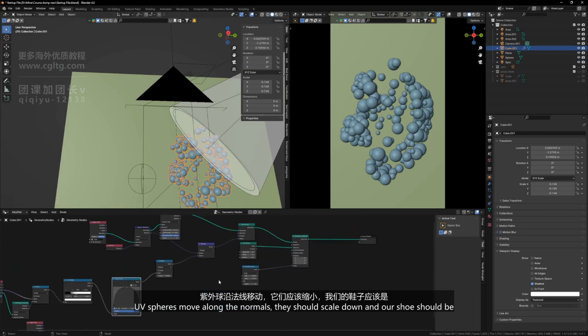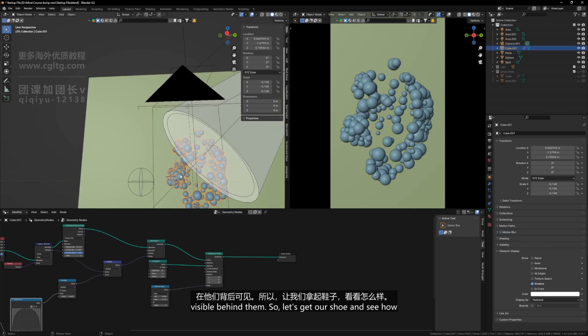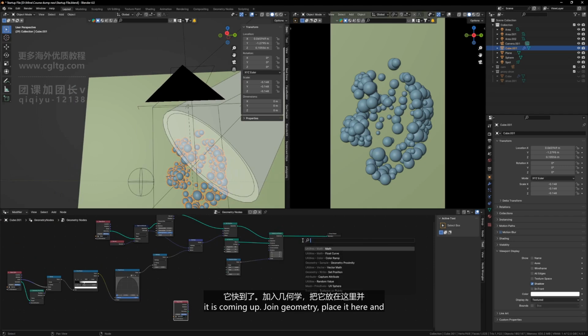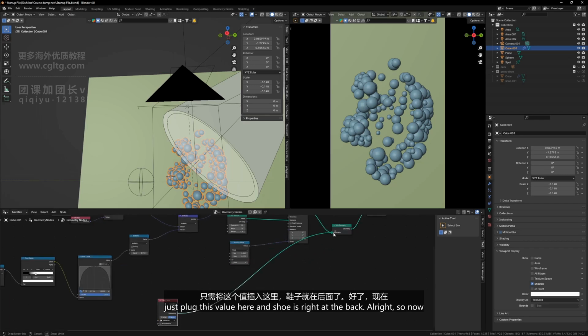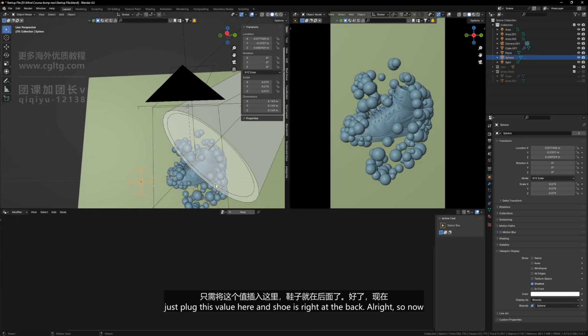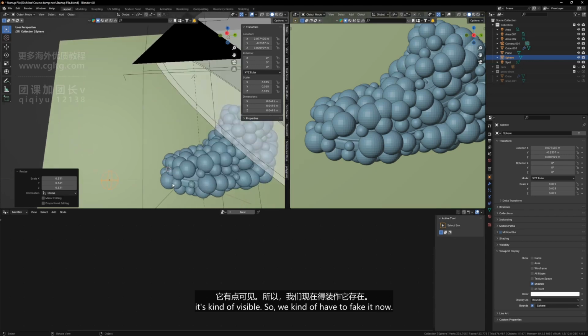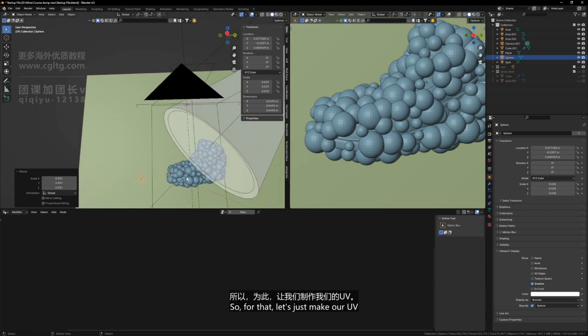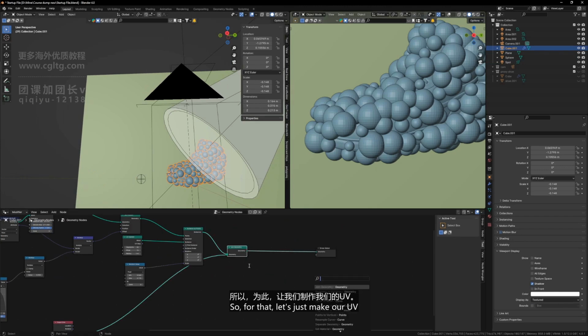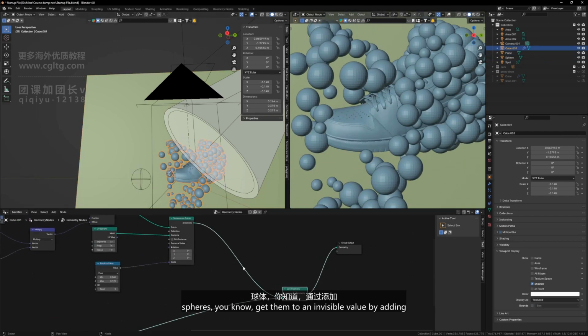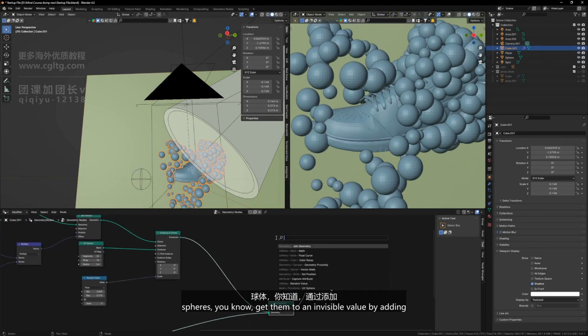They should scale down, and our shoe should be visible behind them. So let's get our shoe and see how it is coming up. Join geometry, place it here, and just plug this value here, and the shoe is right at the back. Alright, so now it's kind of visible, so we kind of have to fake it now. So for that, let's make our UV spheres invisible by adding a scale instances node